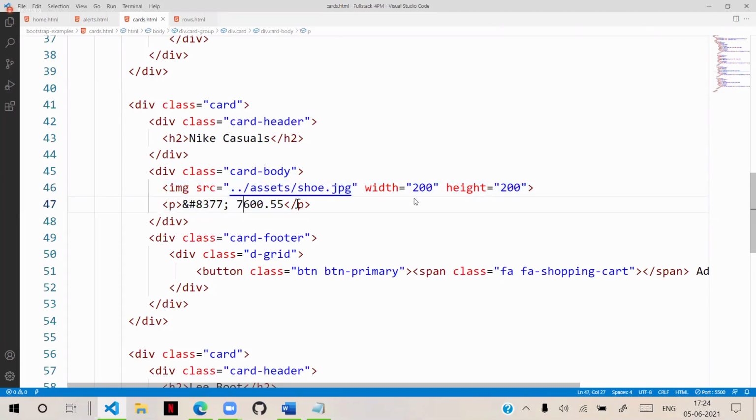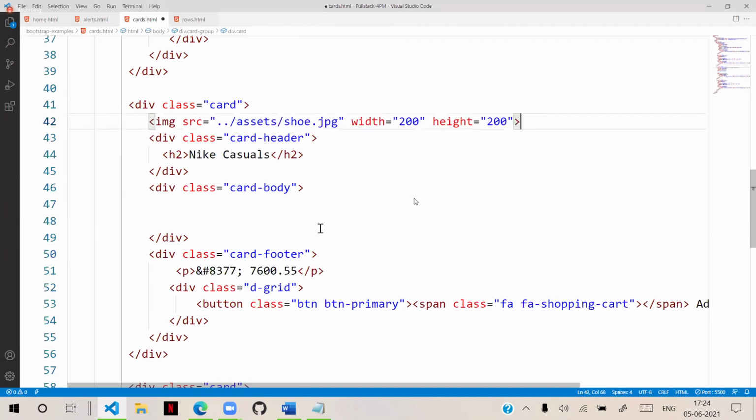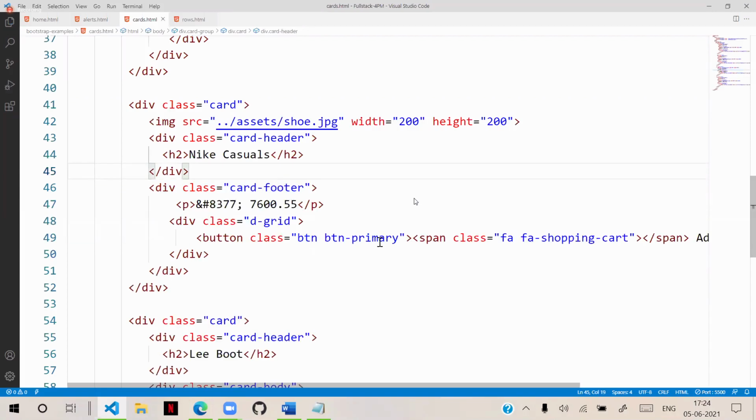I will remove this card body, and inside the footer, the image I will remove, and I will keep it outside, above the header in the card. I removed the card body. It's your wish. If you put body, body will come. Otherwise, it will not be there.